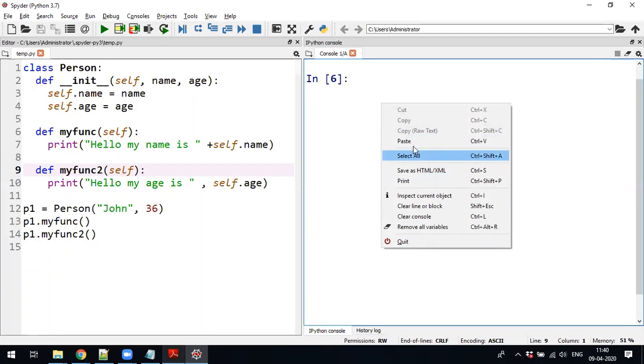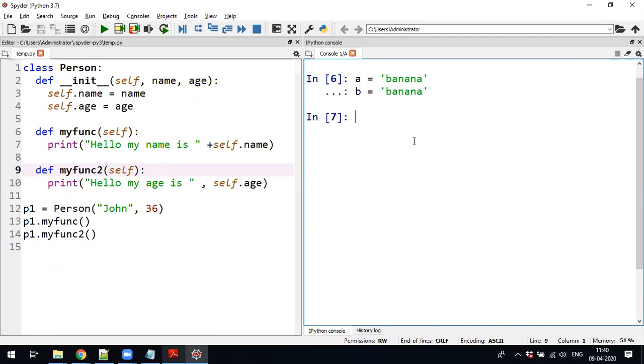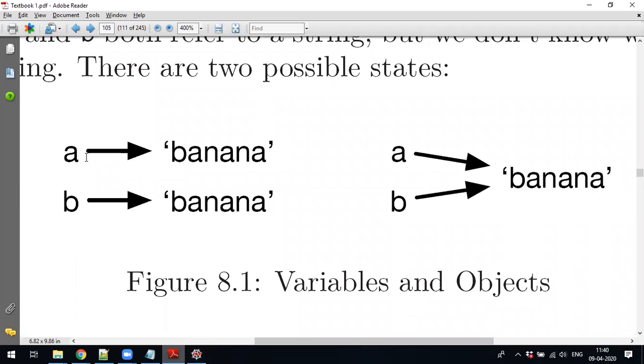Two variables with the value banana. If I want to check whether A is a string object and B is a string object, whether both point to the same string object or different, you can visualize it like this: A to one string object, B to another string object, or both pointing to the same string object.